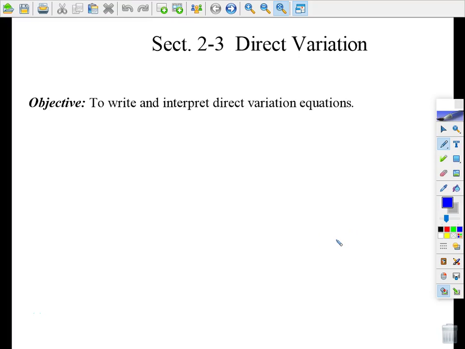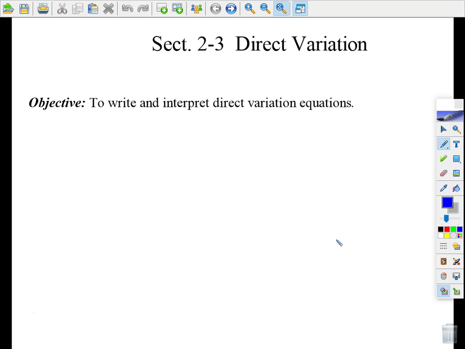As we work our way through Chapter 2, we come up on another linear function. This whole chapter deals with writing linear equations, graphing linear equations and functions. And today is another example of that, but this is a particular type of linear equation, and it's called direct variation. And so my goal for this lesson is for you to be able to recognize direct variation in equation